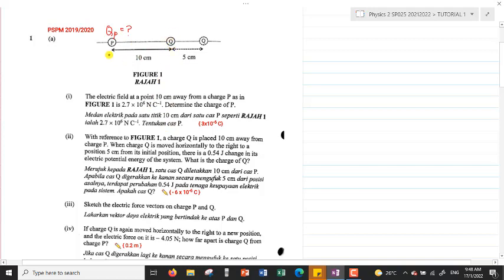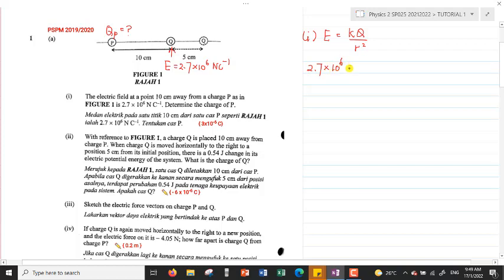Whereby the question tells you at a point 10 cm from this point charge, the electric field is 2.7 × 10^6 Newton per Coulomb. So we already know the electric field strength at that particular distance, 10 cm, so we can relate it with the charge of the point charge. So we use the equation E = kQ over r squared. So the electric field strength at 10 cm is